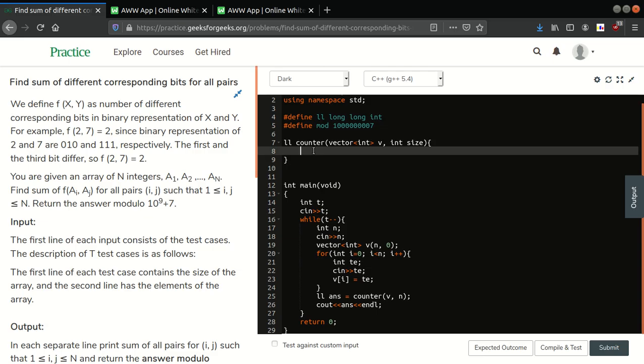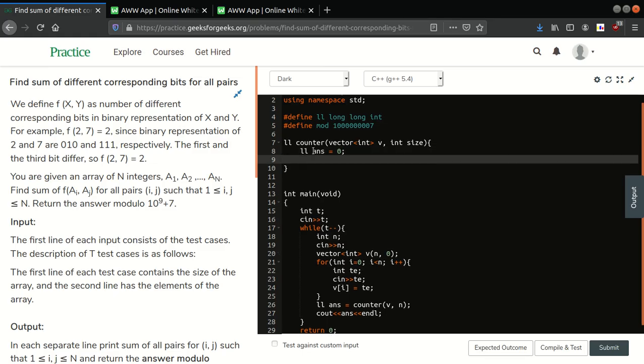Okay, so in our counter function, first of all we'll make a long answer which is 0. Then I'll make a for loop from 0 to i less than 32 for checking all 32 bits.